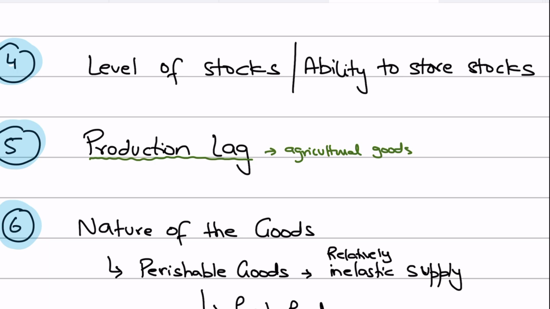They could make use of certain technology and certain chemicals to reduce that lag, but again, it will have a lag, right? So supply for such products, such as agricultural products, is therefore price inelastic. Remember that the supply of agricultural goods is inelastic, their production, meaning their supply, is price inelastic, right? So again, that is something that you must know.